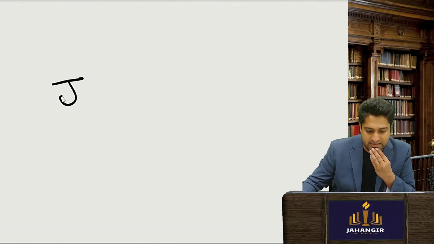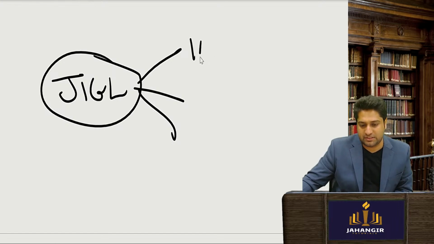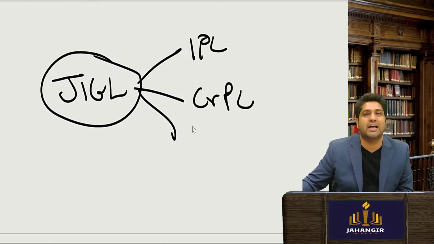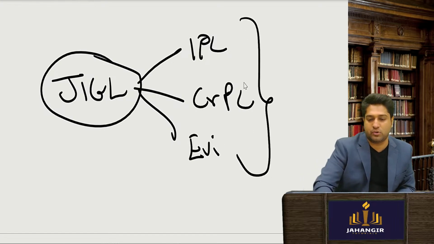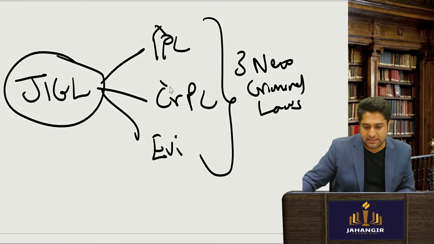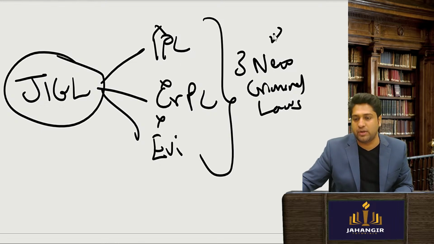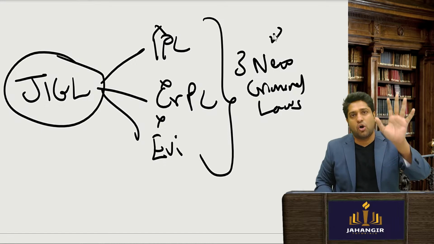Can you even tell me how these criminal laws will help in the exam? Do we have it in the syllabus? Preeti, yes, you have it in the syllabus in your JIGL, Jurisprudence Interpretation General Laws. There were 3 laws, which is IPC, CRPC, and the other one is your Evidence Act. Now, instead of this, you have to do the 3 new criminal laws. So from your module, don't do IPC, CRPC, Evidence Act. The new laws which I am doing, I am going to cover in the next 3-4 days, and that is it. All in depth will be done.